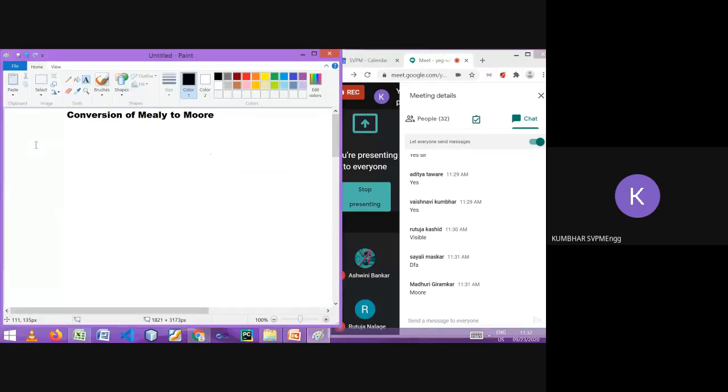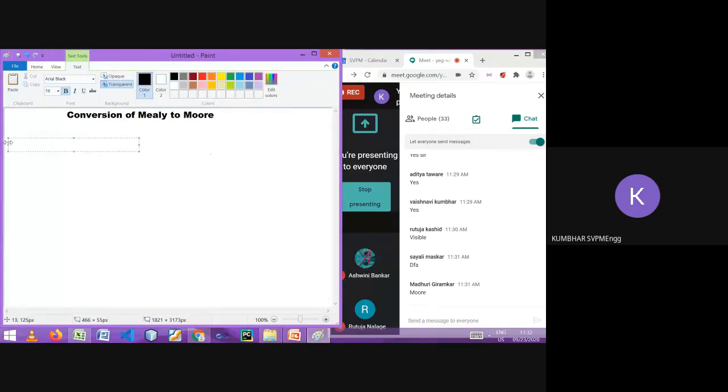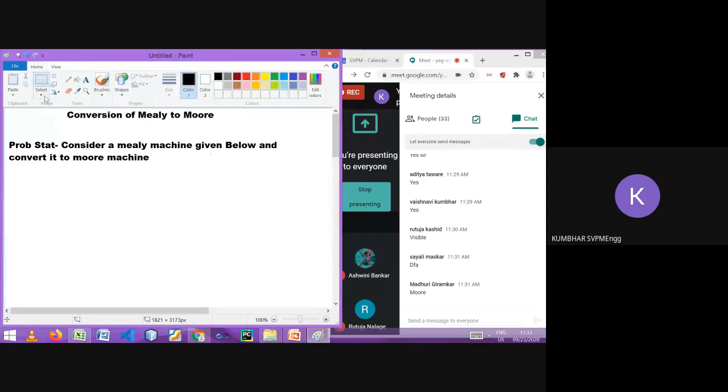Okay, let's start. Let me draw what the problem statement is. The problem statement will be like: consider a Mealy machine given below and convert it to a Moore machine. Generally, the machine will be given as a table.